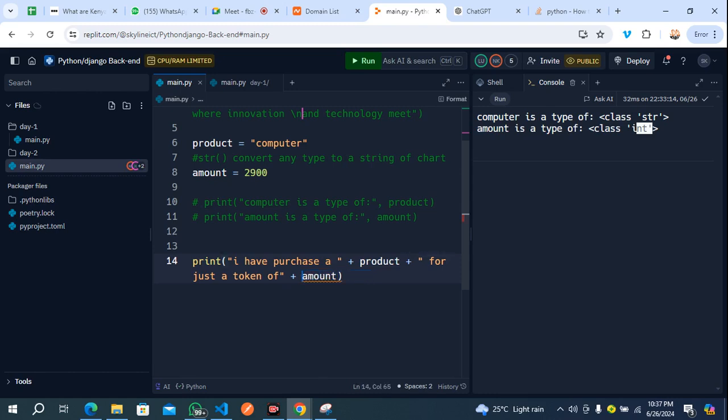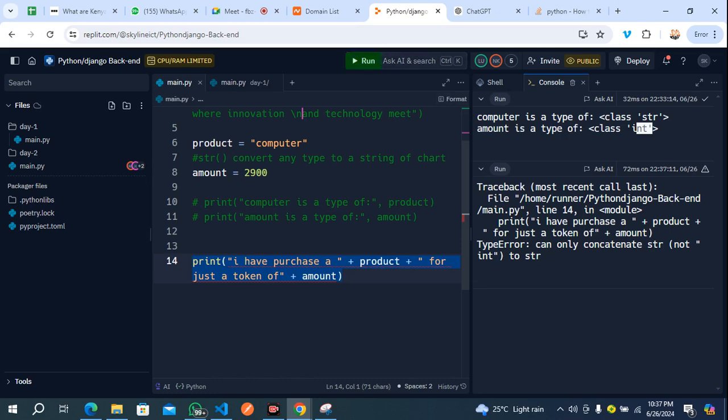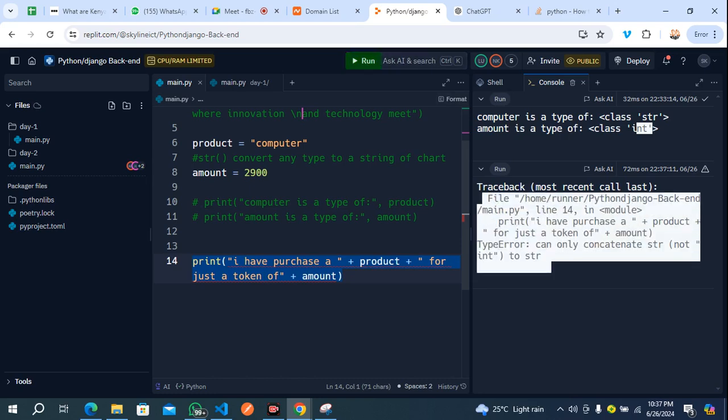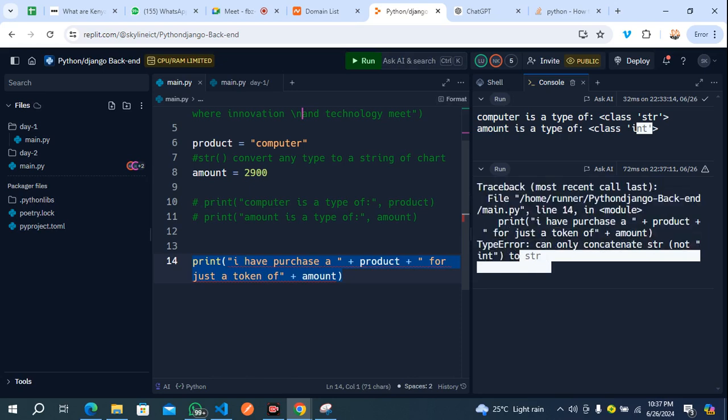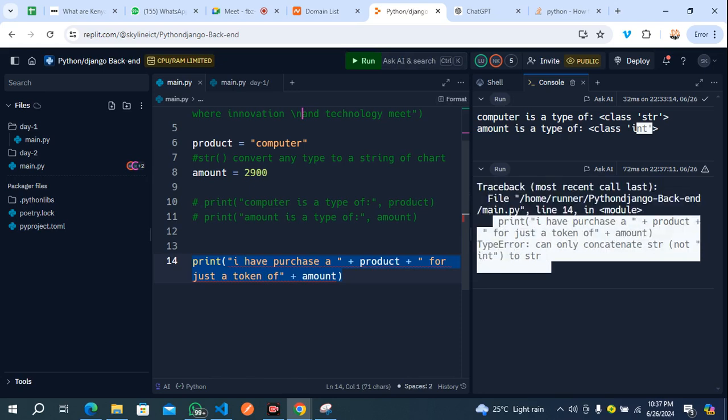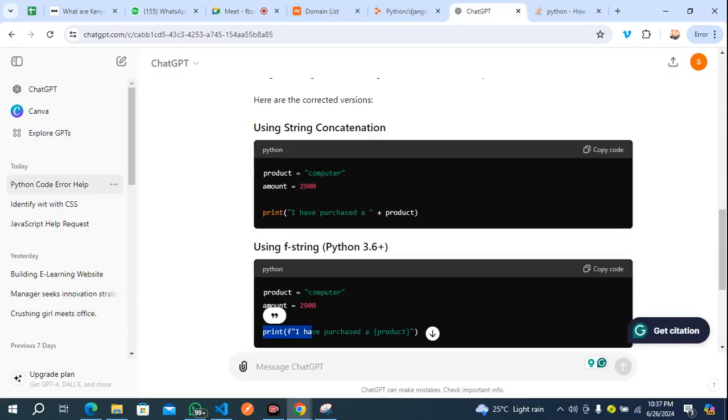However, let me undo this and see how we can also use AI to debug our problem. So you can just come here, copy this, then go to AI.